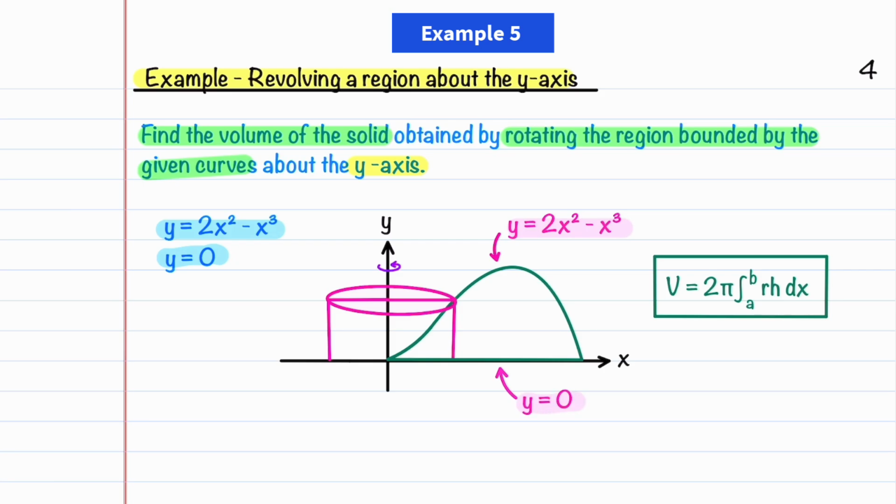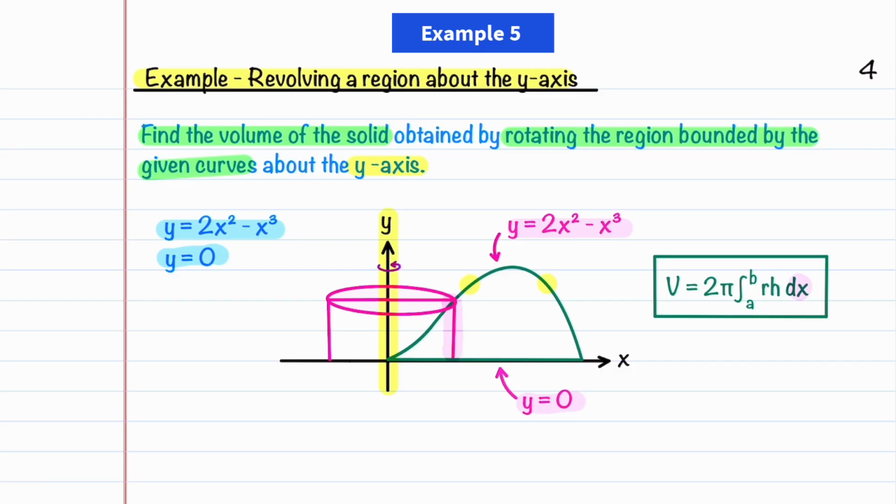And you can see the region enclosed by these curves in green. You may have previously studied disks and washers, and what sets this problem apart is you can't use disks and washers because in this region, the curve on the left is the same as the curve on the right. So cylindrical shells are the best to use. We're going to be revolving this curve about the y-axis, and the cross-sectional area is cylindrical shells. The thickness of each shell is dx, so we are going to be integrating with respect to x,